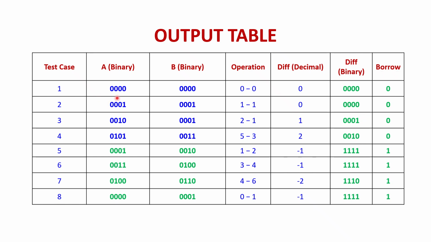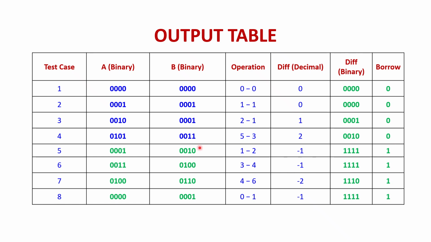First look at the first condition, that is 0000 binary input of A and 0000 binary input of B. The operation performs 0 minus 0 and the difference is 0, the binary of the difference is 0000 and the borrow is 0. Similarly, here the input A is 0101, that is 5, and the input B is 0011, that is 3. The operation 5 minus 3 is equal to 2, and the binary difference is 0010